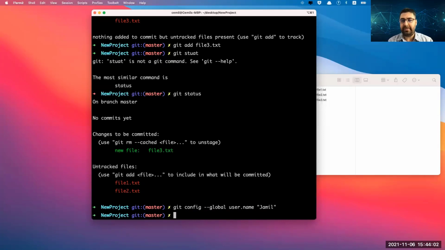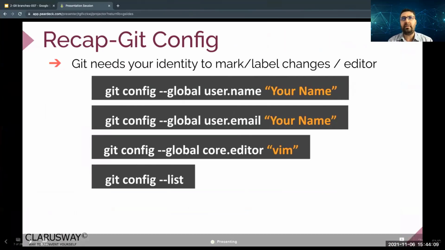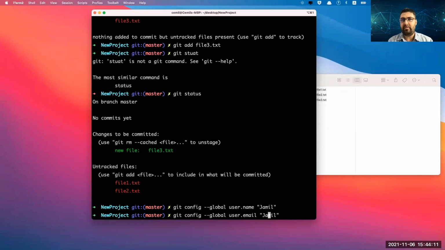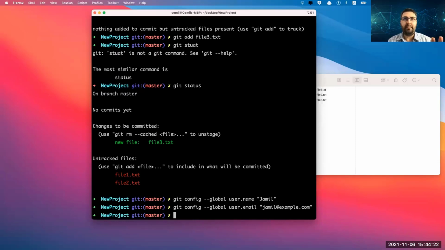So that's my username. And then the other one is user.email, I believe. I didn't really memorize those commands. So it should be anything. You can just use Gmail example.com, for example. And yeah, so now I'm okay. I can now commit because I'm this person. Okay, so this person is going to commit this.